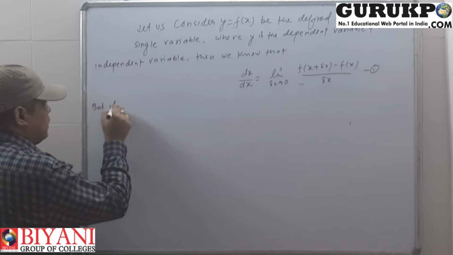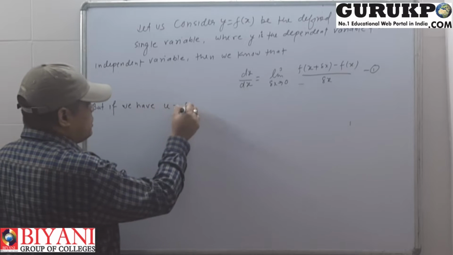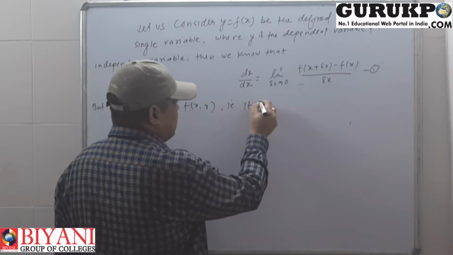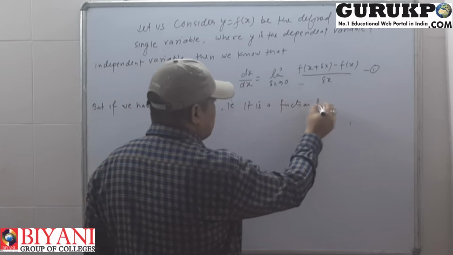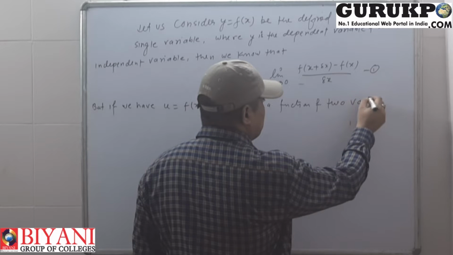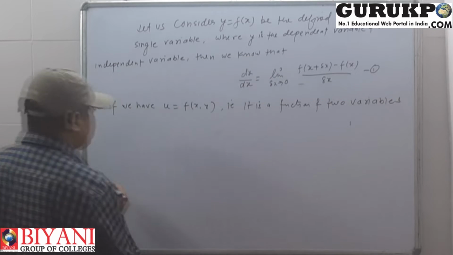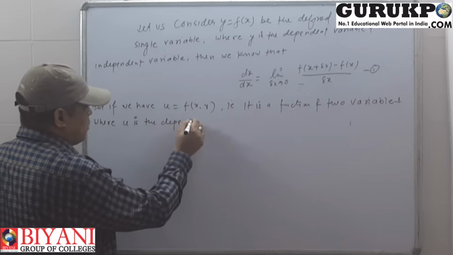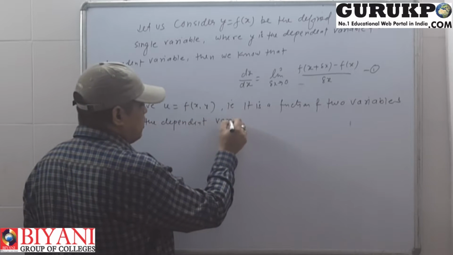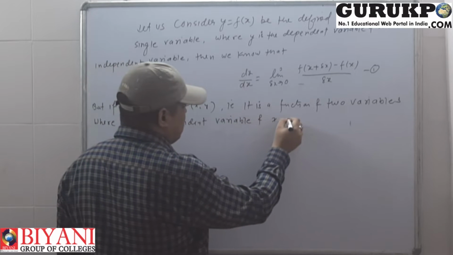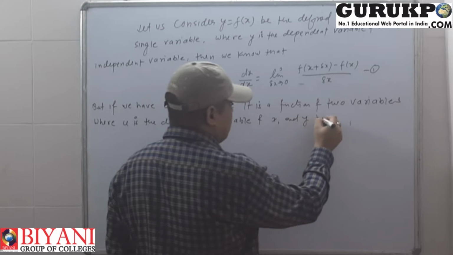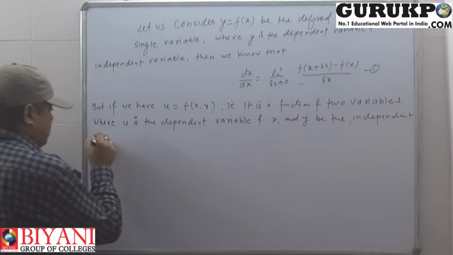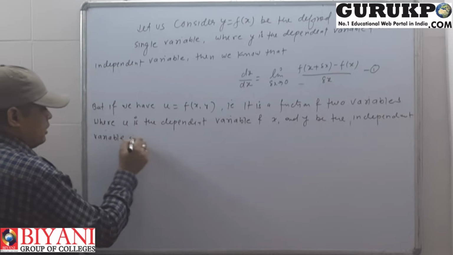But if we have u as a function of x and y, f of xy, that is a function of two variables, where u is the dependent variable and x and y are the independent variables, then we know that